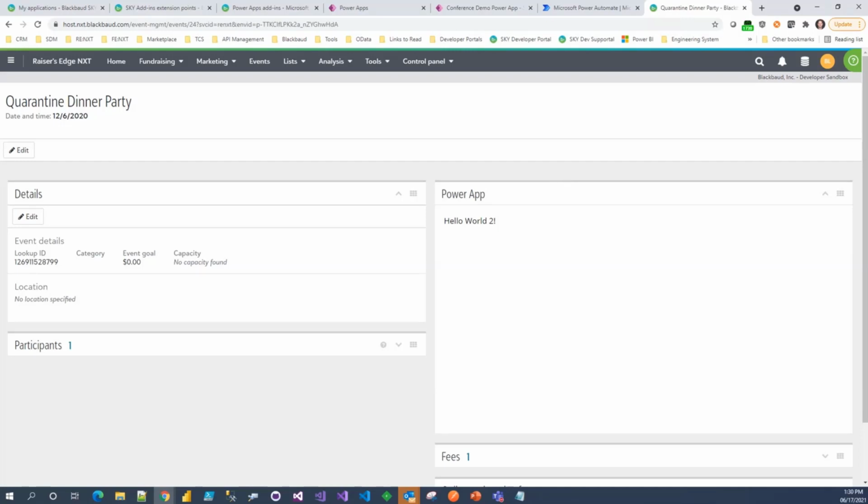Okay, so we talked about versions, we talked about saving and publishing and refreshing. So at this point, we've created a basic Power App and we've wired it up to a Sky add-in. It shows on the event page, and we've seen how to iteratively build up that Power App. But the Power App doesn't do anything useful at this point, although I must say it's beautiful. Frankly, it's just amazing. Now, what we need to happen is we need the Power App to know the context